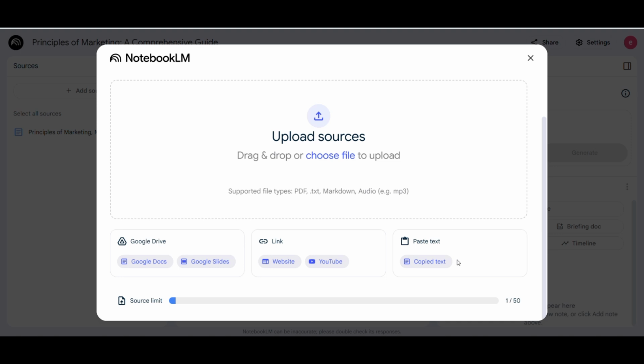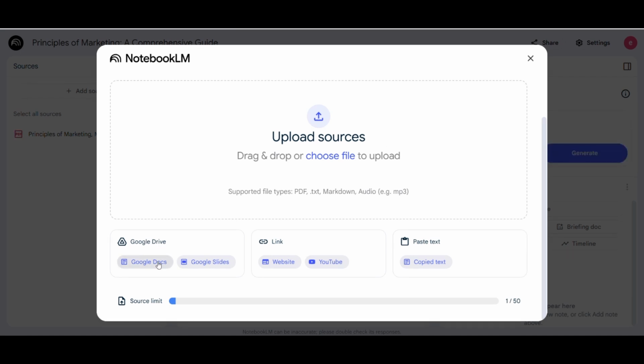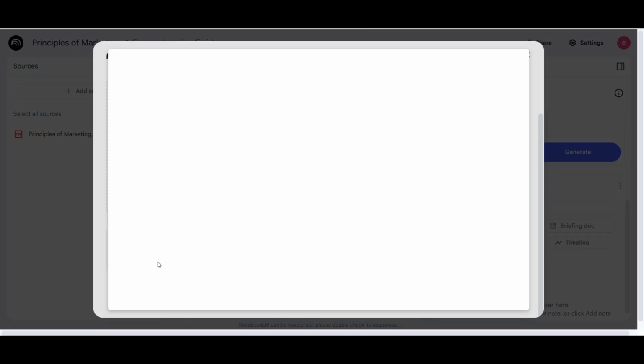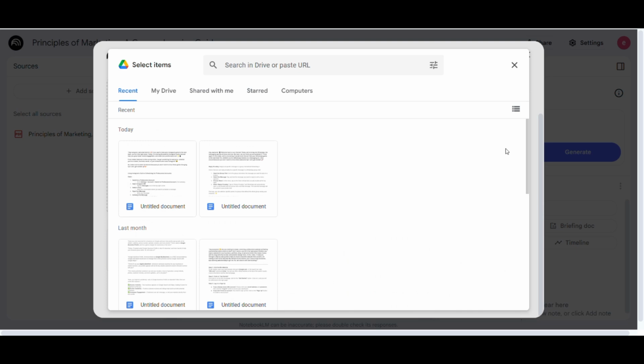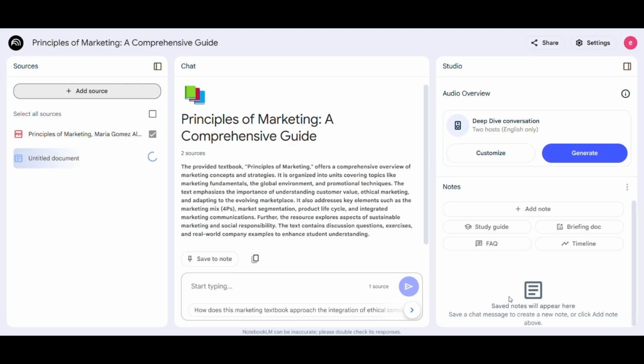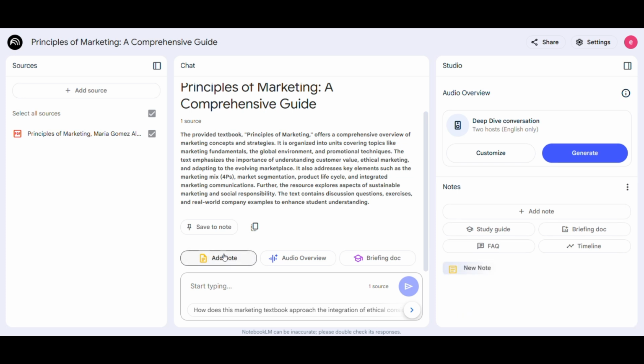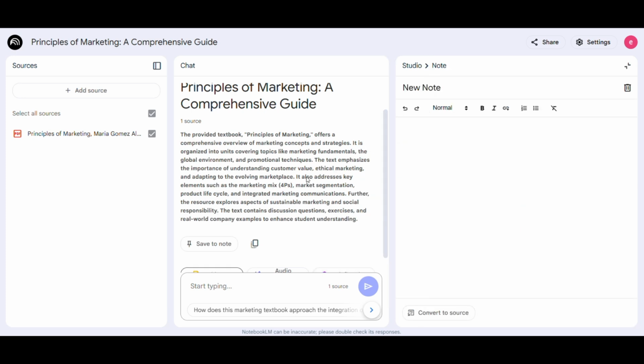Select Google Doc and choose the document from your Google Drive. Once uploaded, Notebook LM will generate a summary of the document and display it in the center of the screen.